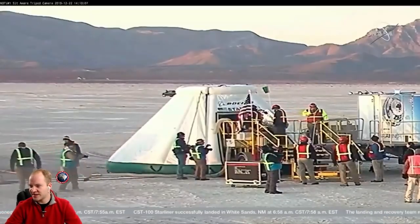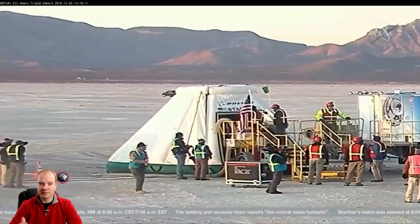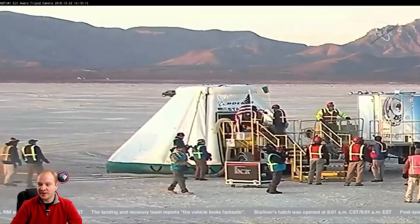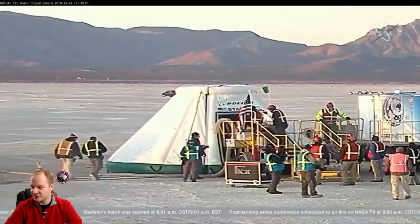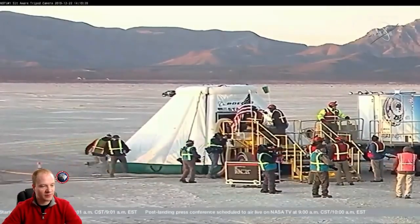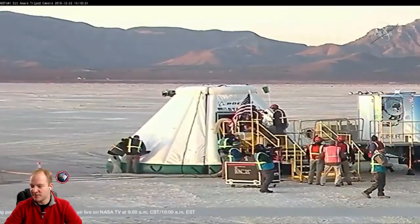So yeah, it's a long process to actually get them out of the capsule, but if there was an emergency, they could speed that up a little bit. The crew could be out at this point, but they are taking their time here to make sure they're doing it right. So 30-some wants to know, where did this land? This is the White Sands Missile Range,